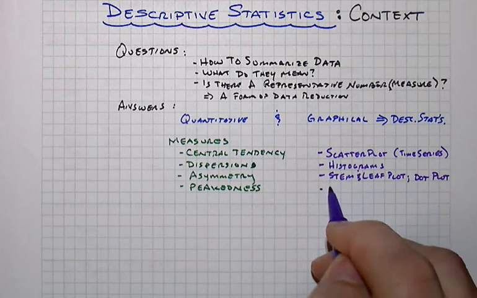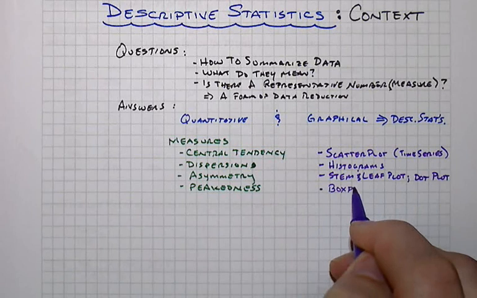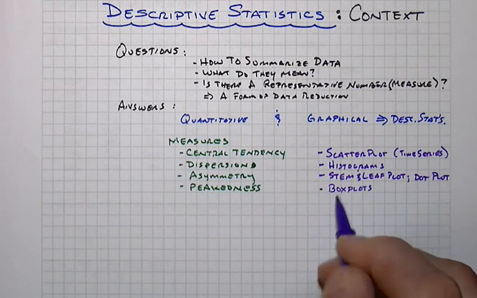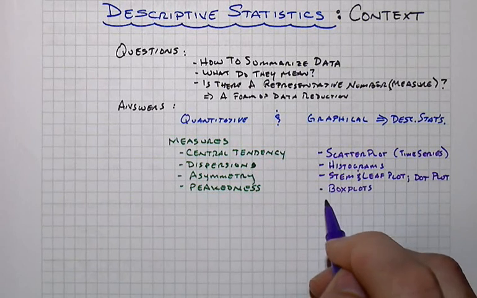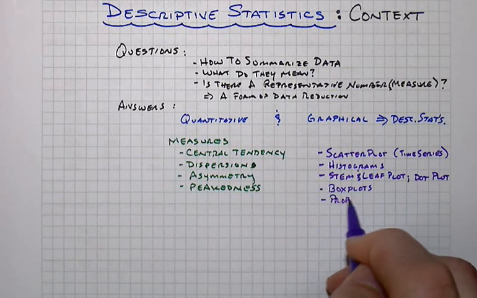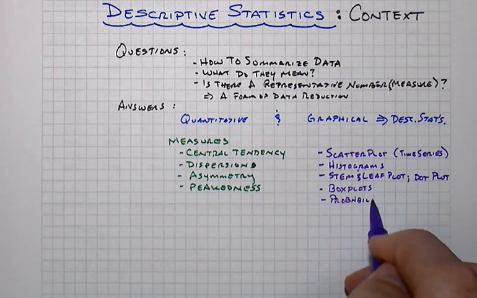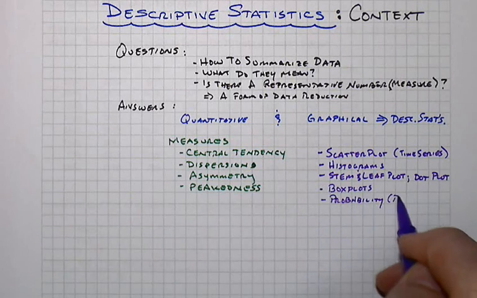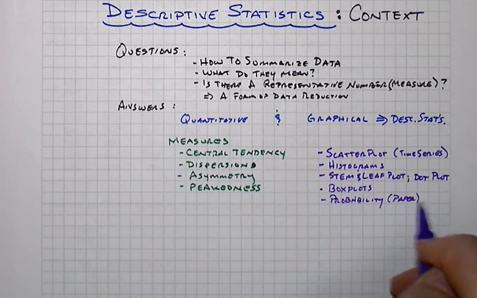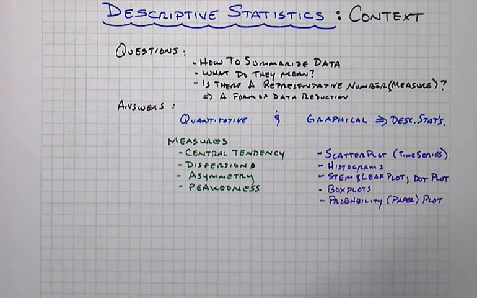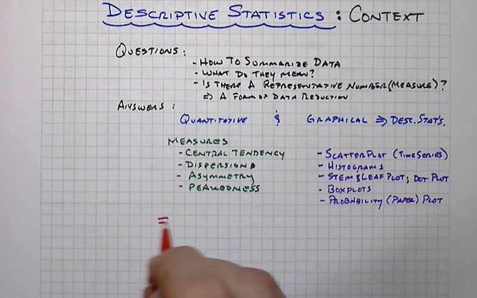There are also box plots. You see those in quality control kinds of environments. And then there is the probability paper plot. And we've talked about that briefly before, and we'll return to that as well. Okay. And again, the big key here is that